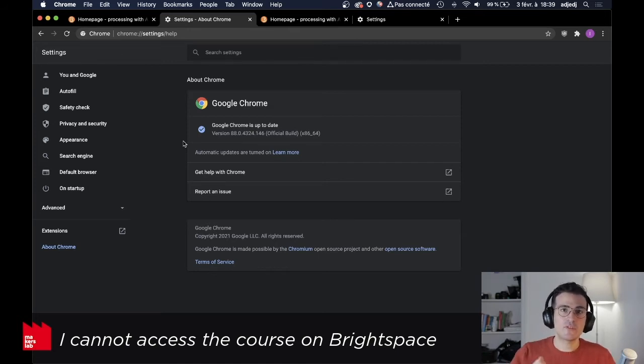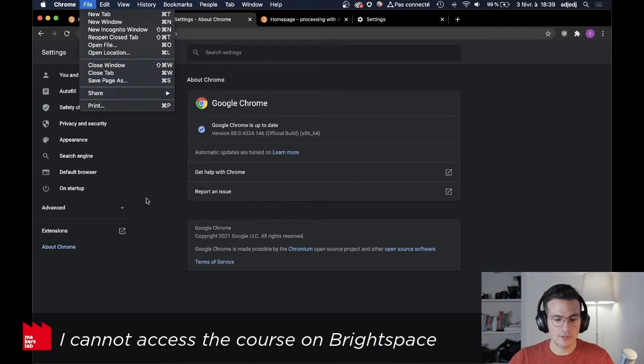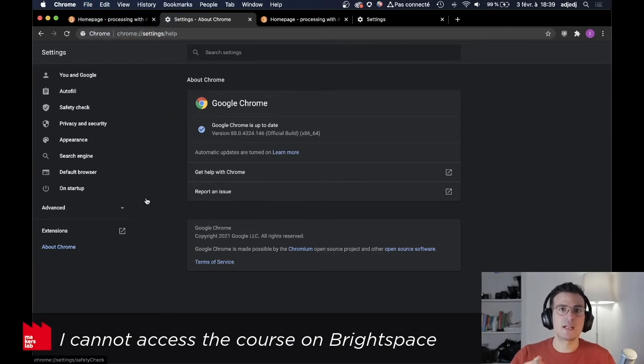Then, one quick fix that you can try to implement, and a more temporary one, is to try to open the course using incognito mode, meaning navigation privée in French. For that, you can go on File, New Incognito Window. If that solves the problem, let's see which small fixes you can implement to have a more permanent access to